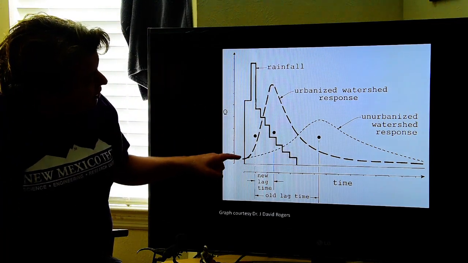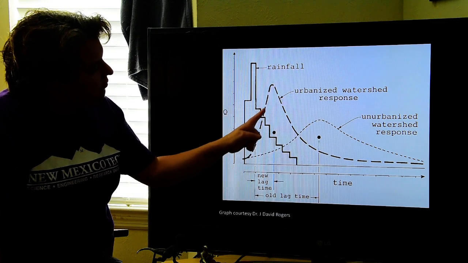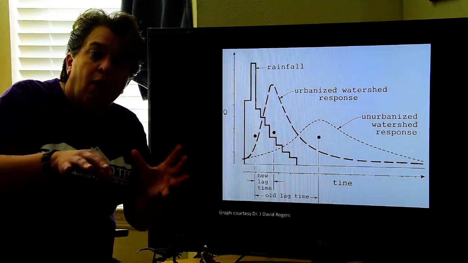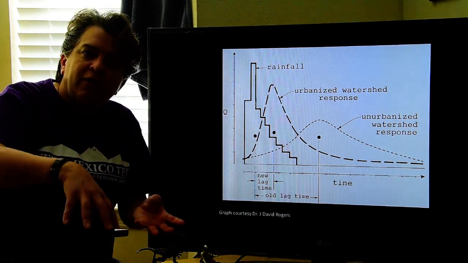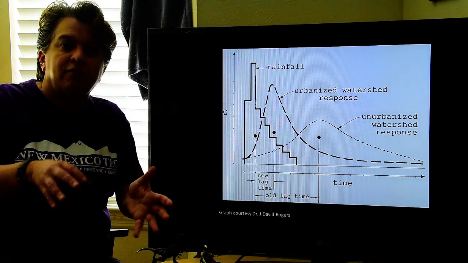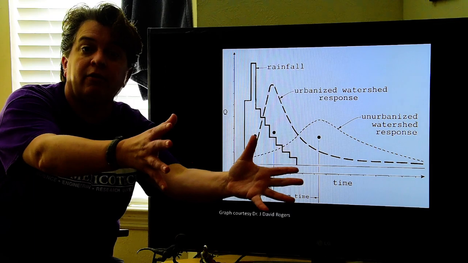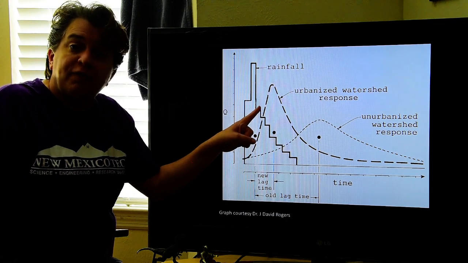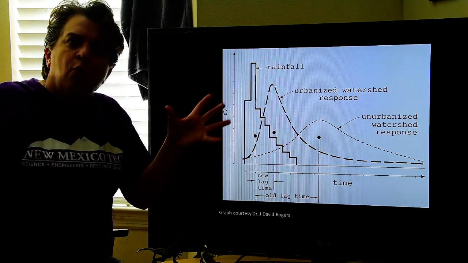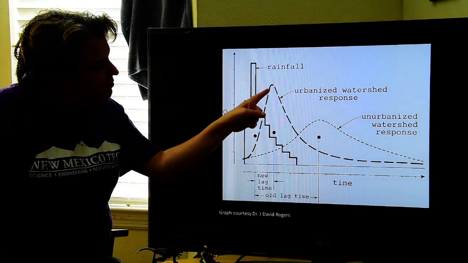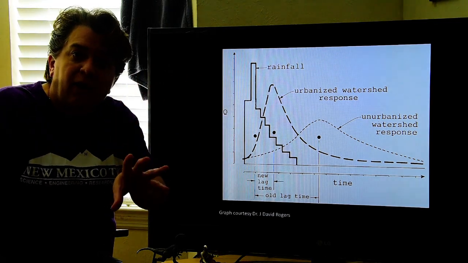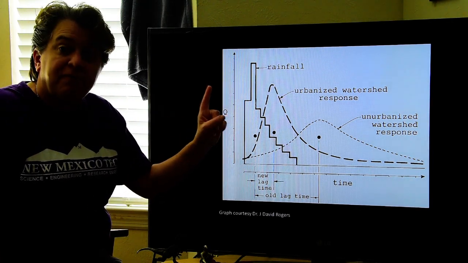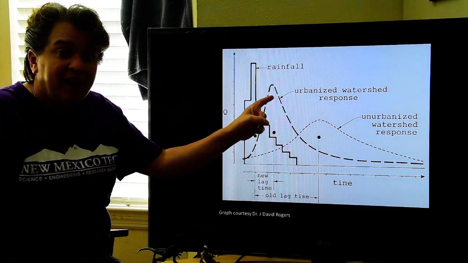After urbanization, notice the crest arrives a lot faster. And why does that happen? Well, you have all that water that used to soak into the ground and stuff. Now it's flowing over the parking lots, it's going into storm sewers, and it's going immediately into the river. It goes very quickly into our streams. So the floods rise much faster. And because we're getting more water faster, the crest is higher. So the response of a stream to urbanization is the floodwaters will rise faster and they will rise higher than the